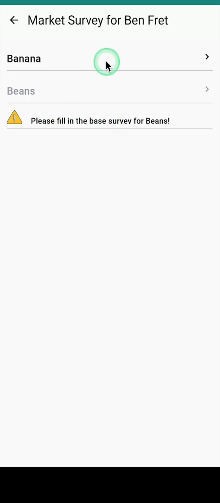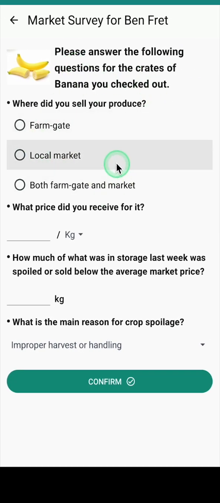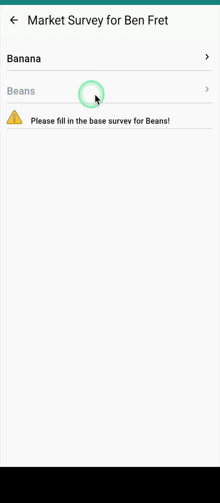And if you click on that, then you see that for this user, Ban, there are 2 market surveys that need to be filled in. The one that is clickable is the one for bananas. So same set of information, but in this case for this user and bananas. And what we have seen here is that there is another survey that is not accessible. So it's grayed out. And this is because for that specific user, Ban, we have not filled in the baseline